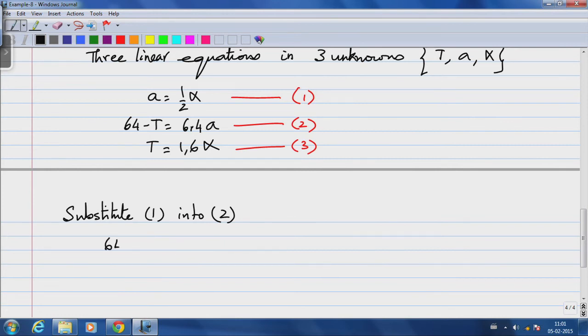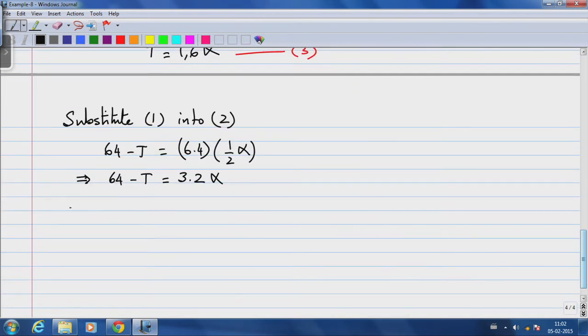When I do that, I find out 64 minus T equals 6.4 into half alpha, which implies 64 minus T equals 3.2 alpha. Now, I call this equation 4, substituting 3 into 4,